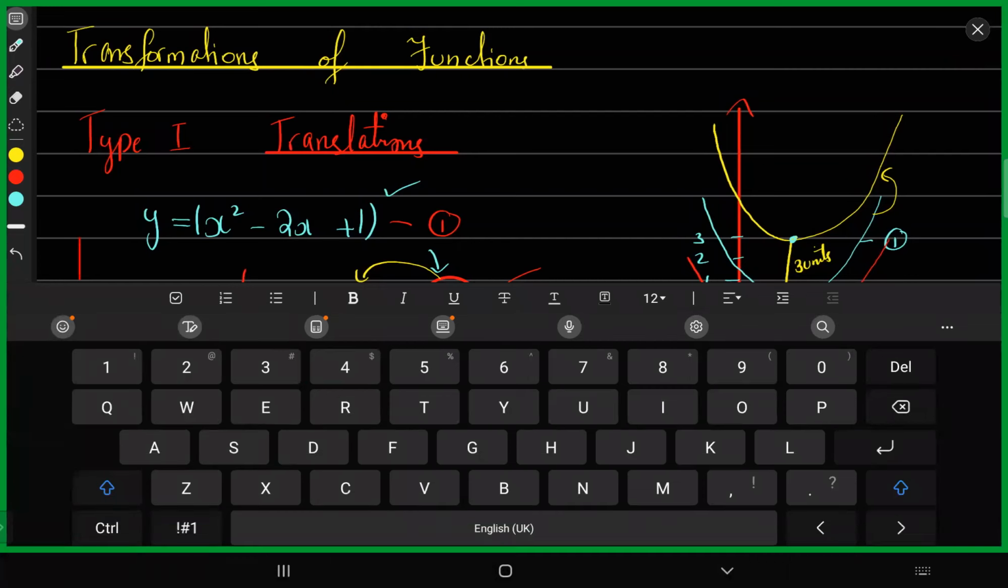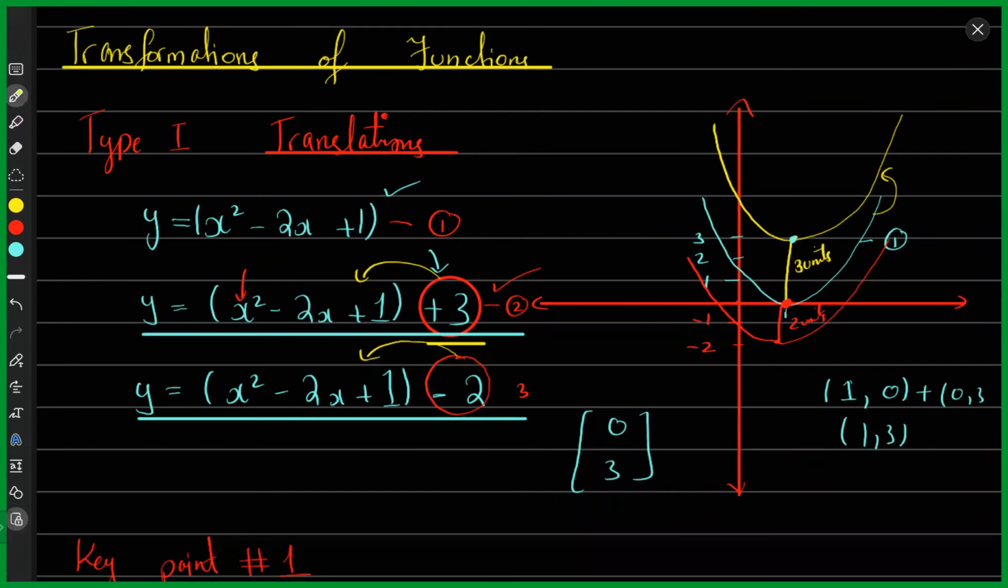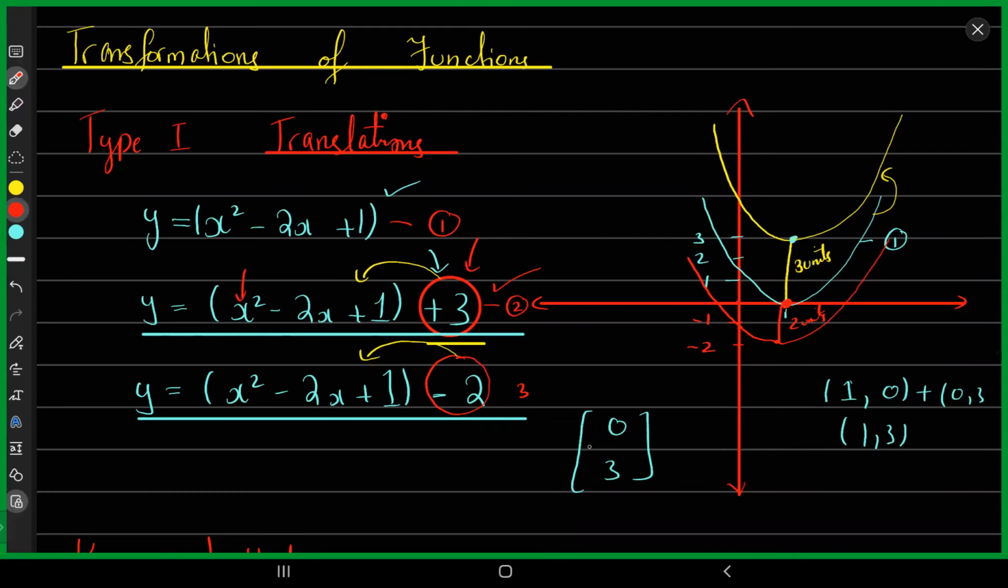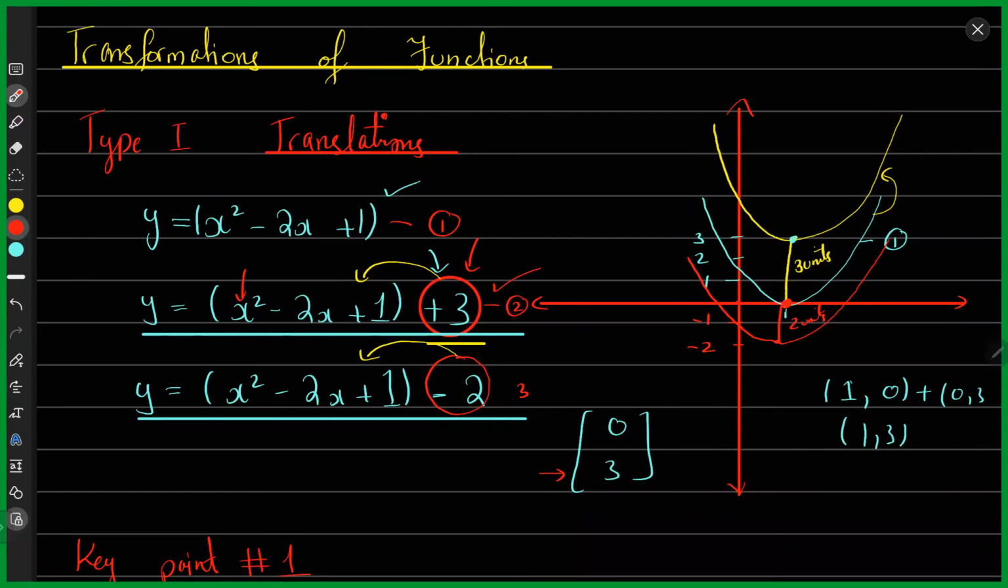So things were the way they look like. I added positive 3 here and I had positive 3 here. Okay, then when I subtract 2 from here, in this case, the translation vector would have been 0 and -2. So this was when I was adding and subtracting something in the entire function,